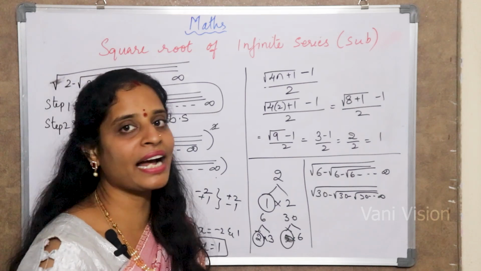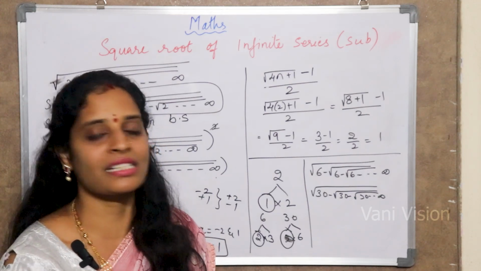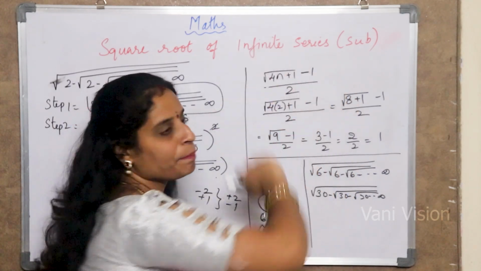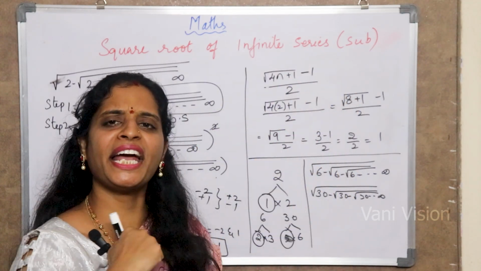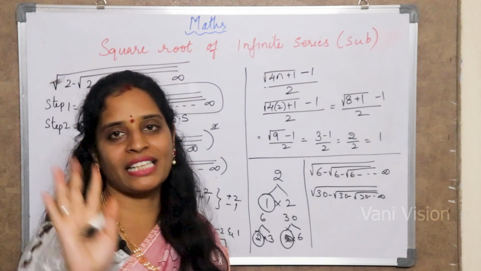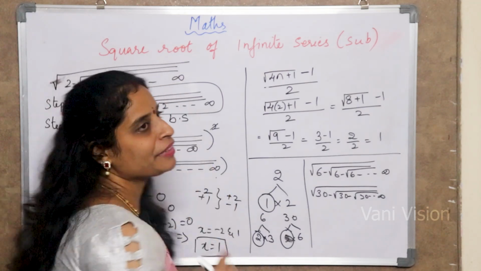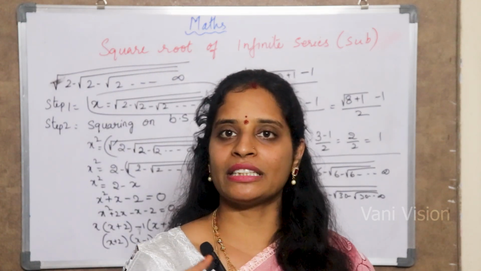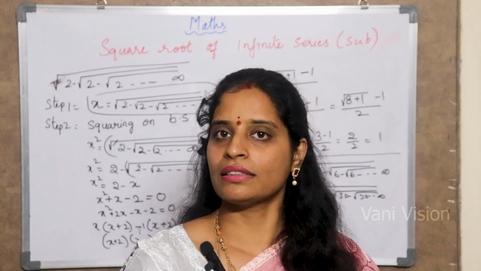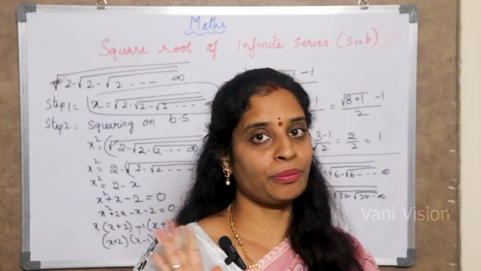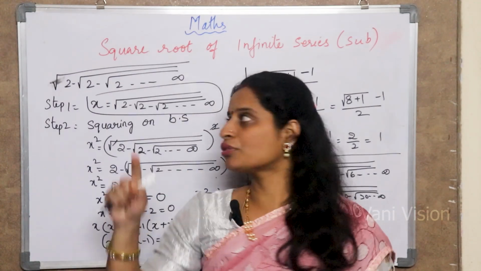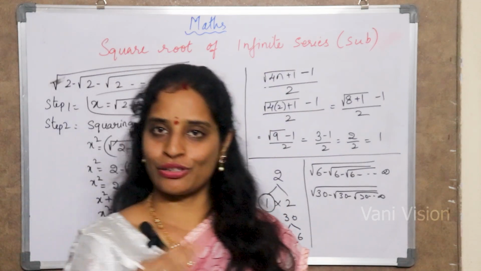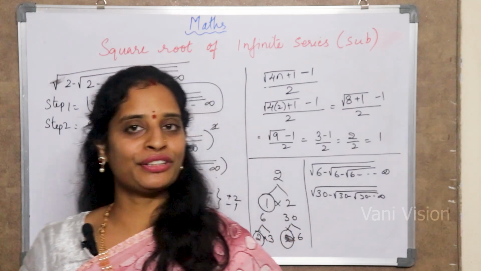Suppose they do not have consecutive products, then go for the formula. By using that formula, you can find any number. But check that the series should have the same one number only. Clear? Suppose 23 minus root over 23 minus root over, like that. In the middle there should not be any change. So for that only we are going to use this formula. That also I am going to explain to you, but slowly, one by one, we are going to learn.